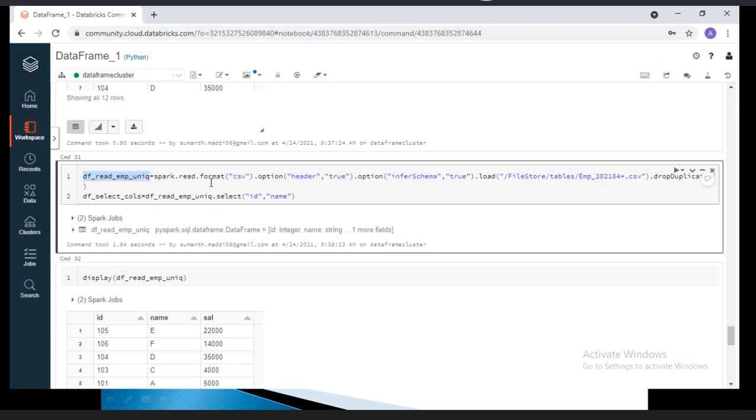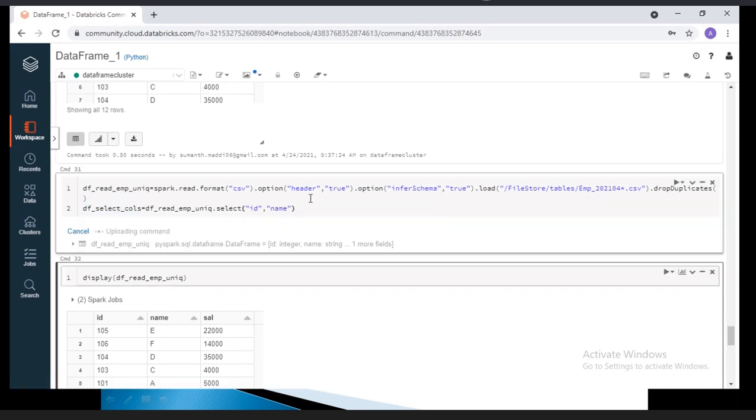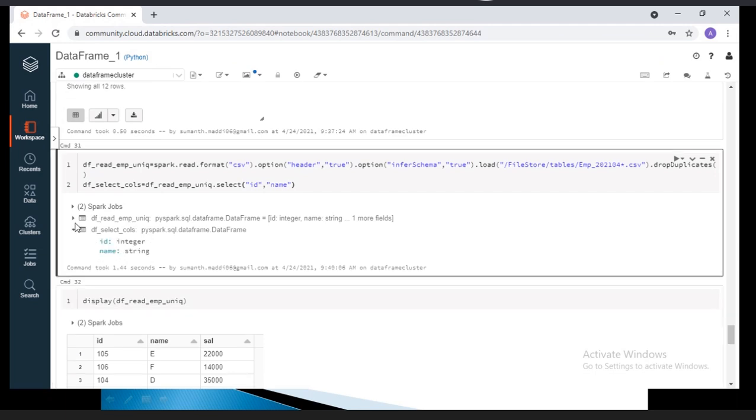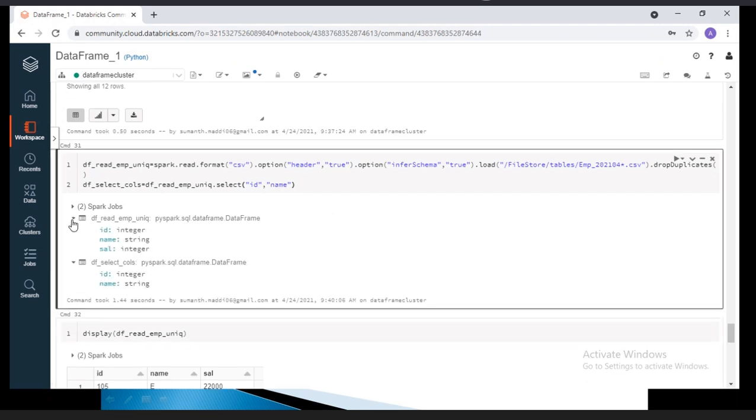Maybe other logic uses all the columns, and if other logic needs only these two columns, then they will refer to this data frame. Now two data frames are created. This data frame contains id, name. The first data frame contains id, name, salary.